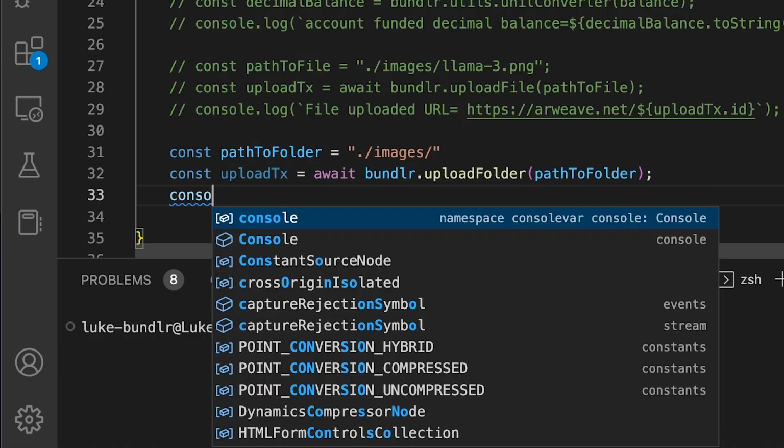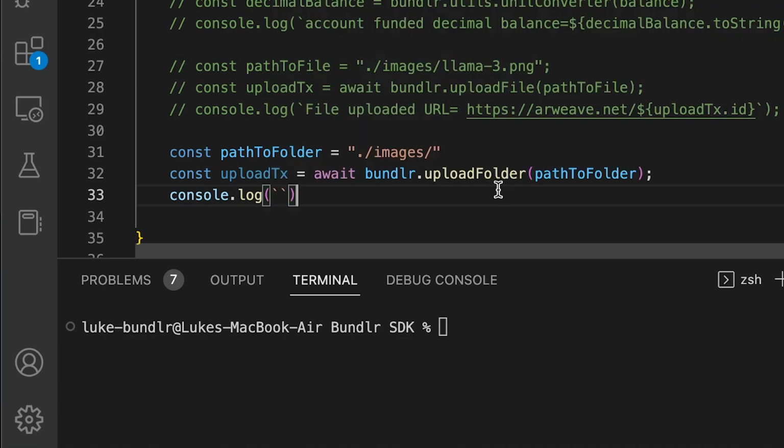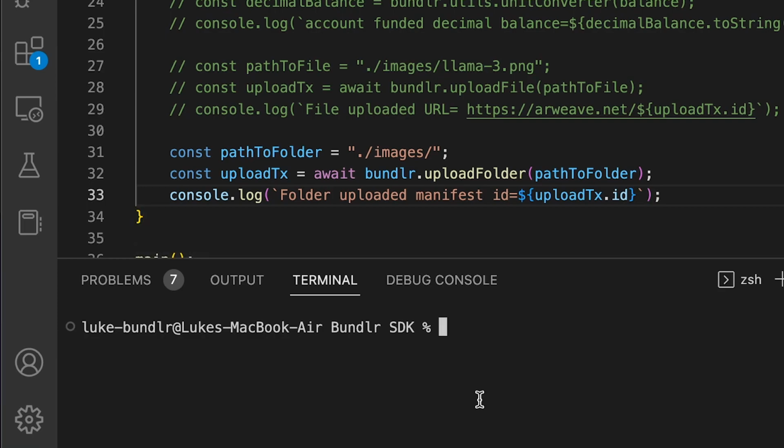Okay, console.log "Folder uploaded, manifest ID equals" uploadTx.id. All right, cool. Ready? Let's run this. Node bundler SDK.